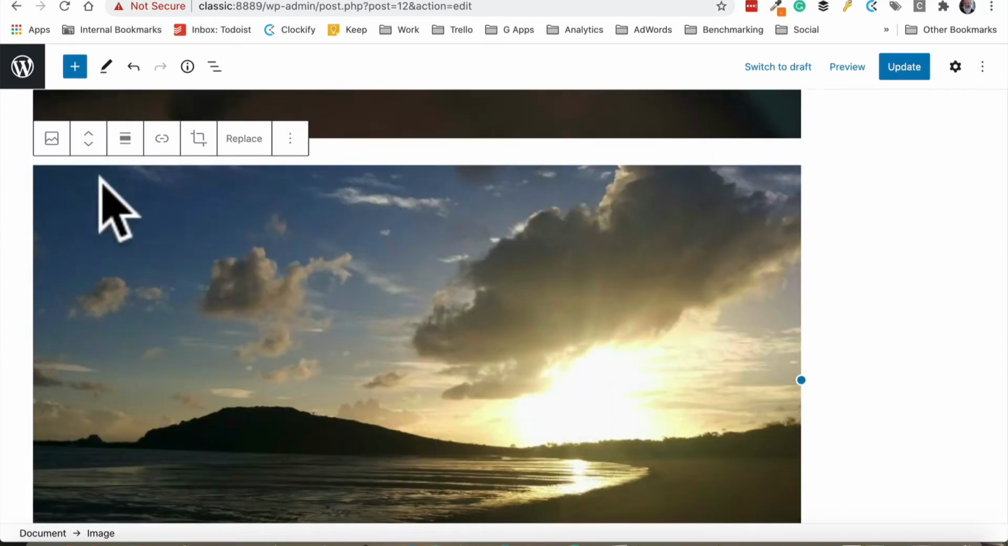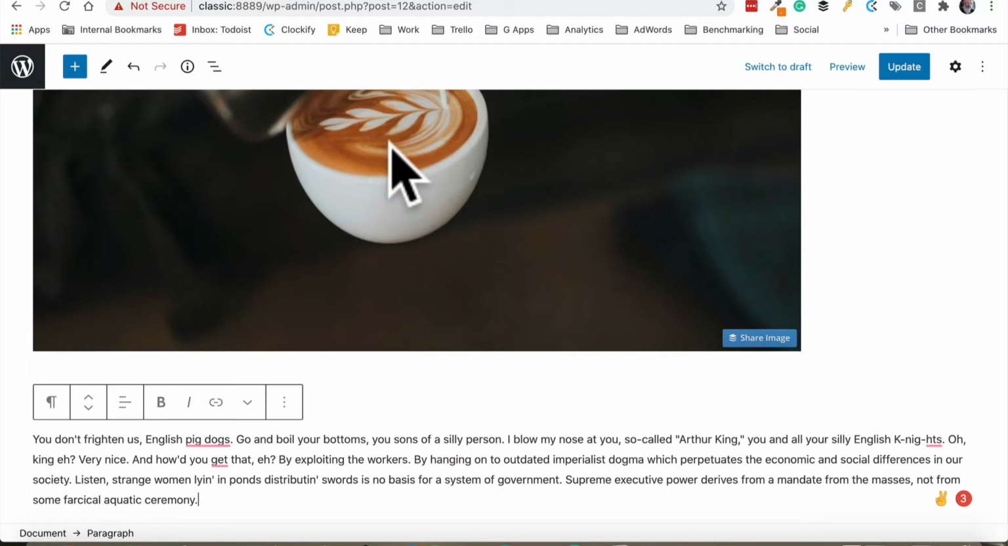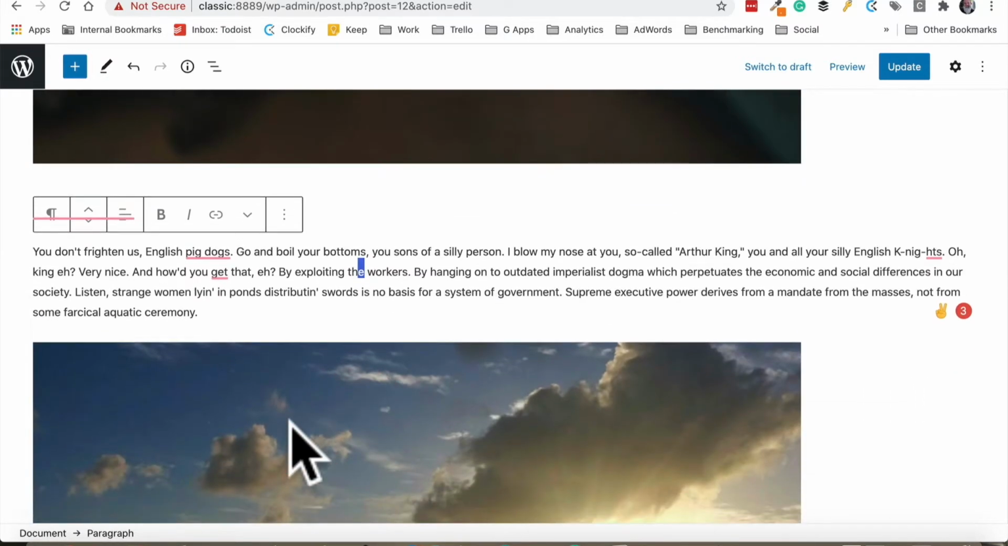And at this point in time, if I don't like where that is, I can move it down the page. So I've now got a subheading there, a paragraph, and another image in that section of the page. So instead of having just a single rectangle of stuff, a block is a particular type of content, and we can insert that anywhere on the page and move them around and adjust them so that we can get the